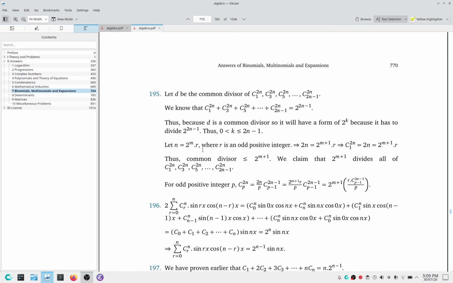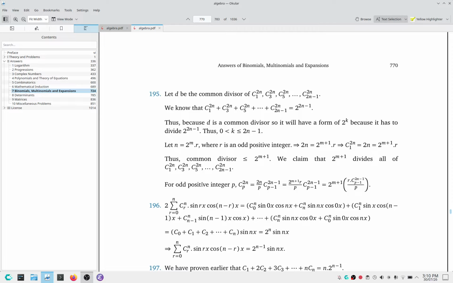Let n be equal to 2^m times r, where r is an odd positive integer. So 2n is equal to 2^(m+1) times r, and thus the common divisor is less than or equal to 2^(m+1). We claim that 2^(m+1) divides all of 2nC1, 2nC3